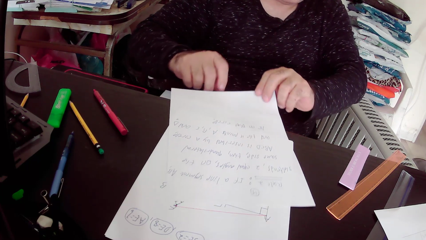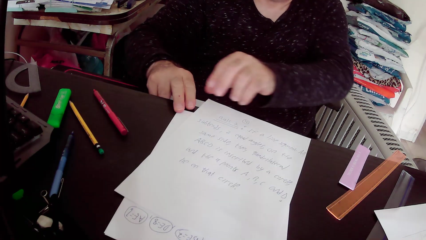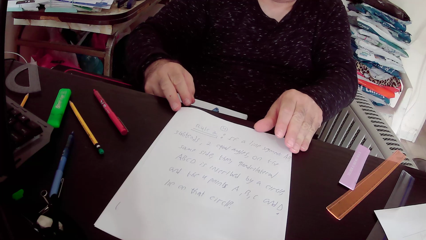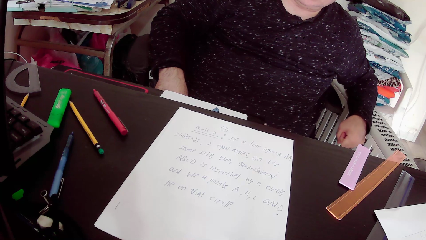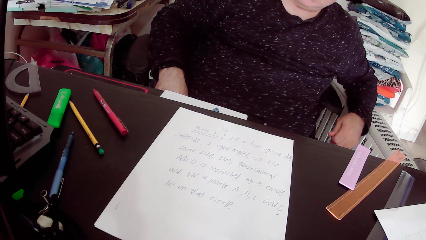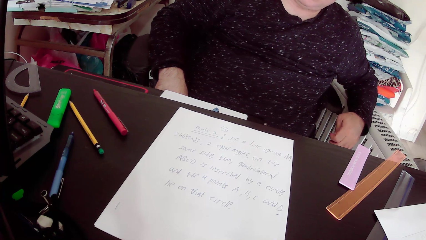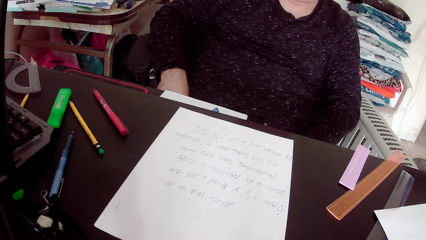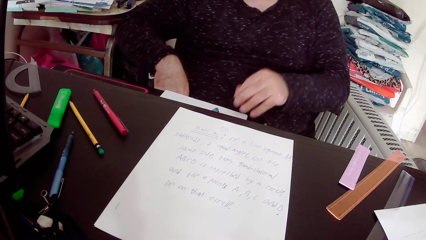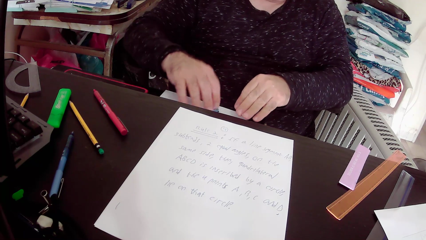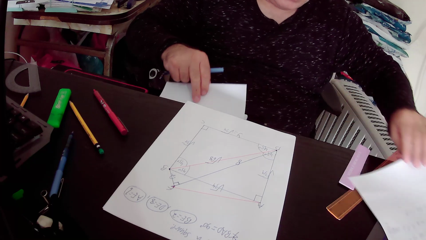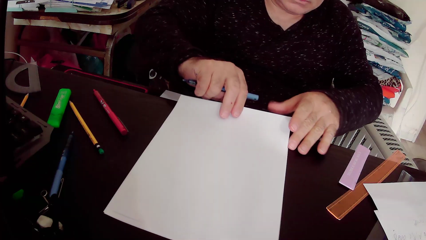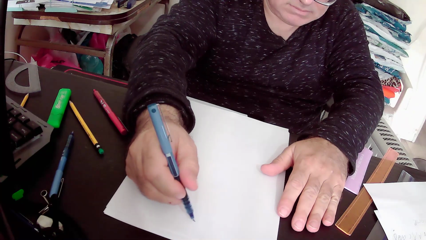So I'll read rule number 2 again. Rule number 2 states that if a line segment AB subtends two equal angles on the same side, then quadrilateral ABCD is inscribed by a circle, and the 4 points A, B, C, and D lie on that circle. So what is the meaning of rule number 2? The meaning of rule number 2 is that if you have line segment AB